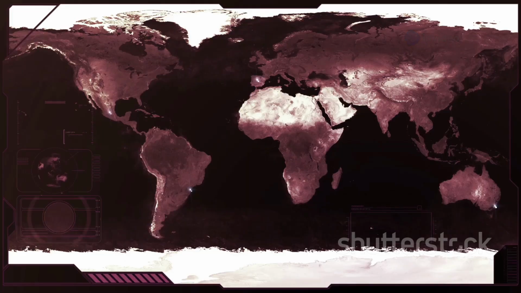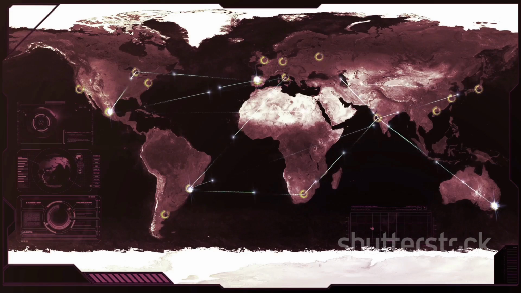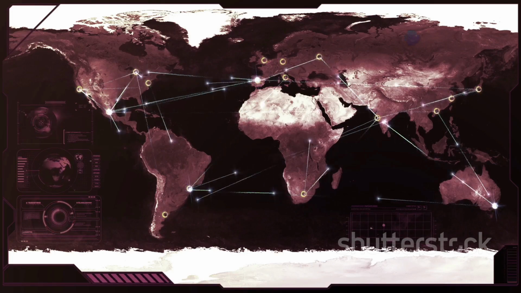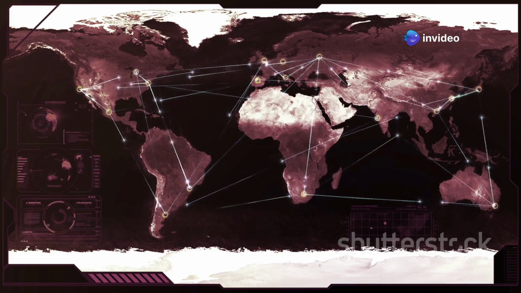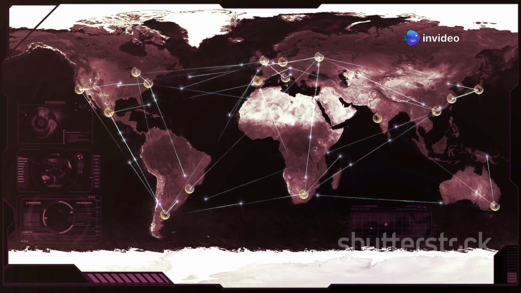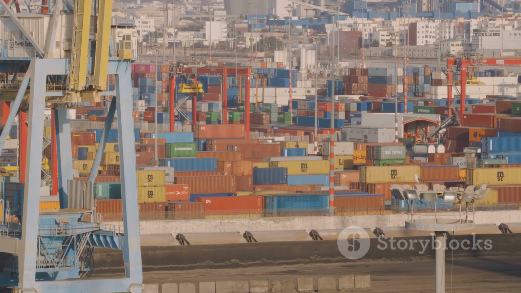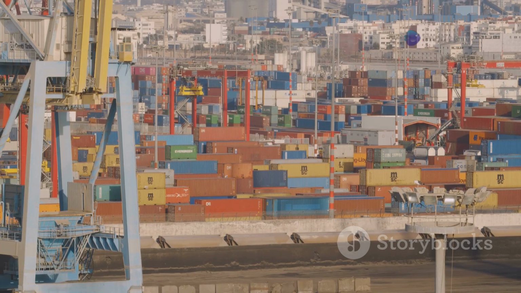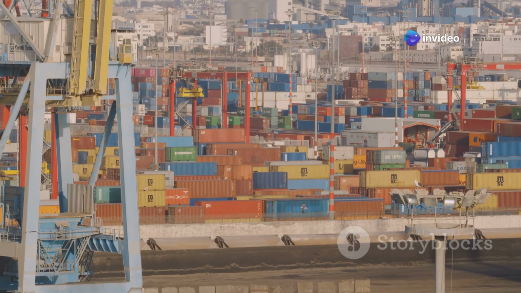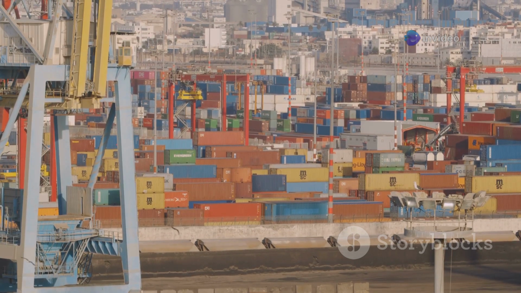Trade wars like the one sparked by Smoot-Hawley serve as stark reminders of how interconnected the global economy truly is. When one nation takes aggressive steps to protect its own interests, others are often forced to respond in kind, setting off a cycle of retaliation that can spiral out of control. The flow of goods, capital, and ideas across borders is the lifeblood of modern economies, and when that flow is disrupted, the consequences can be severe and long-lasting.